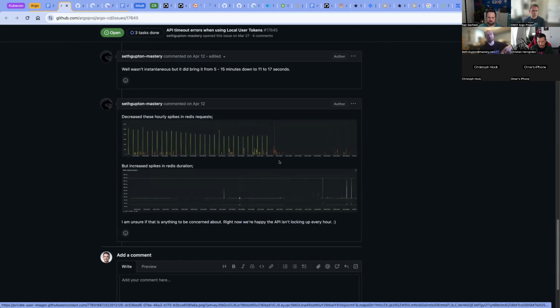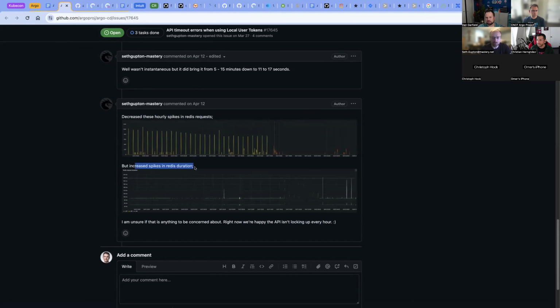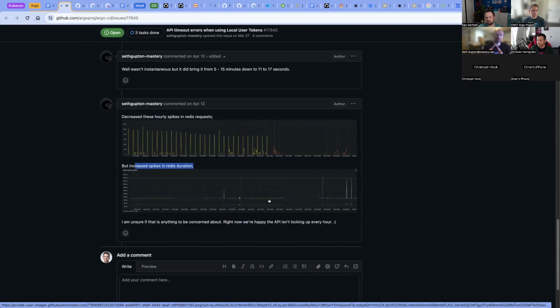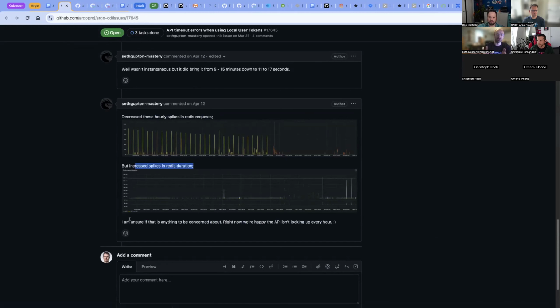So you can see every time that needs to call, we get these huge spikes on reads. But after I made the change, those reads dropped down. But because I've increased it from 10 to 10,000, the Redis durations suddenly have spikes. I don't know if that would cause any issues,